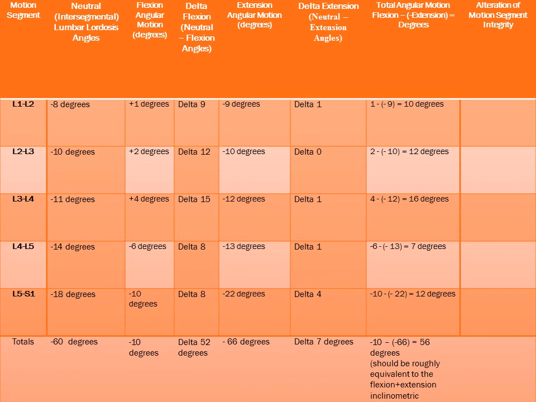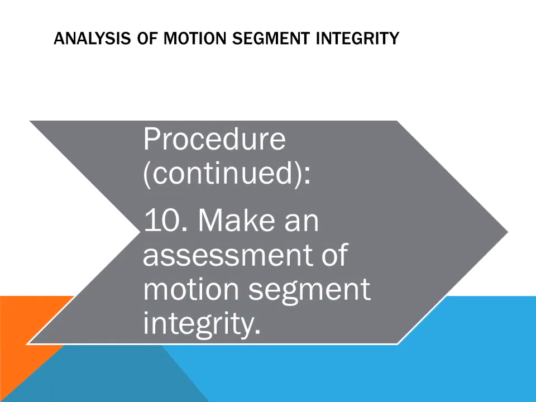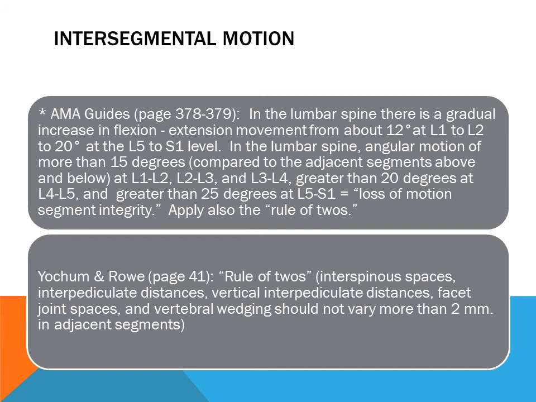So now you have to make an analysis, a decision regarding whether or not there is alteration of motion segment integrity or not. Now, how do you decide? Well, you go to the source. The AMA guides tell us. They tell us on pages 378 and 379, it says, in the lumbar spine, there is a gradual increase in